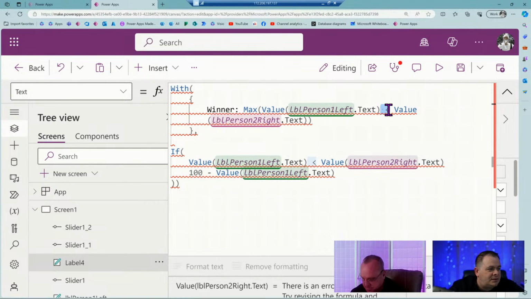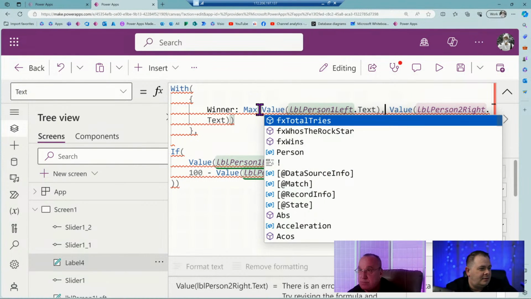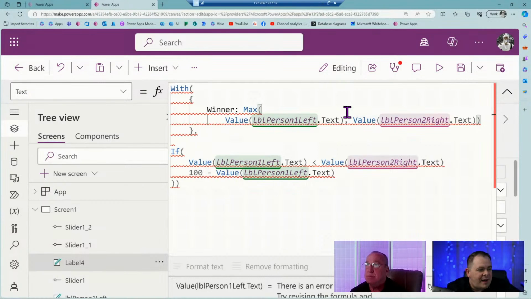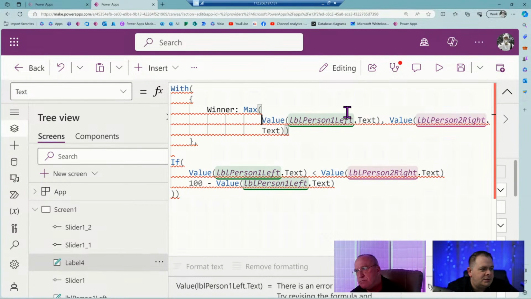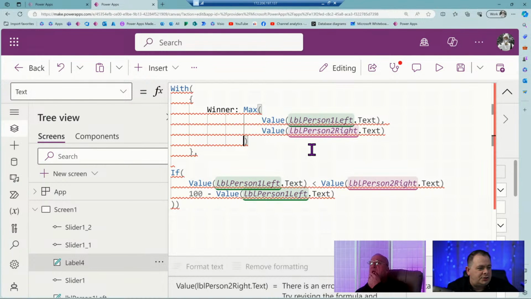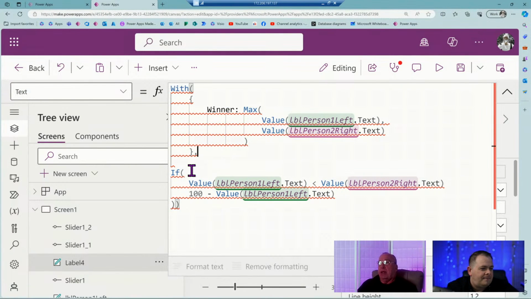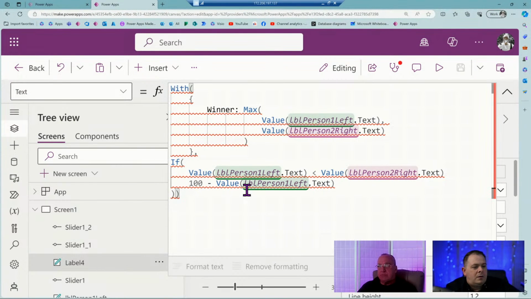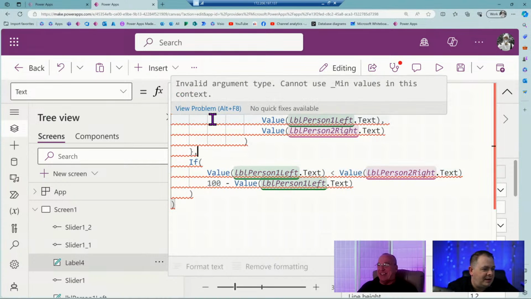We're not going to use a less than. We're going to say comma. Max should be able to take values and return the one that is larger. Oh, wow. It's really complaining about my code.